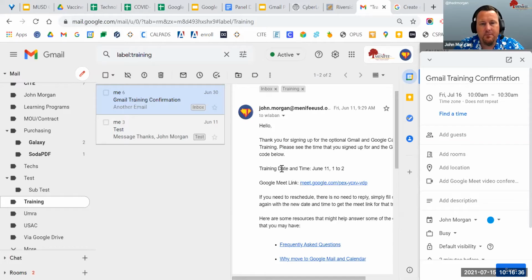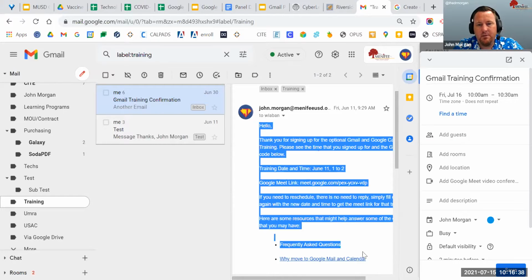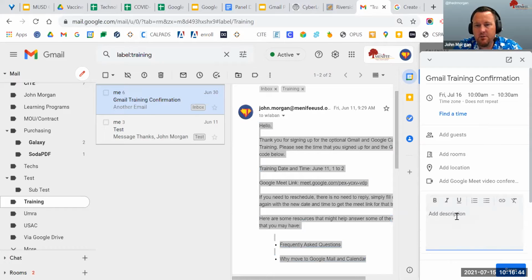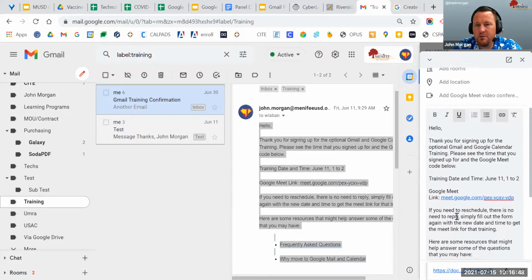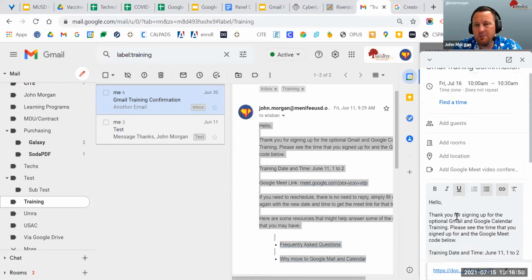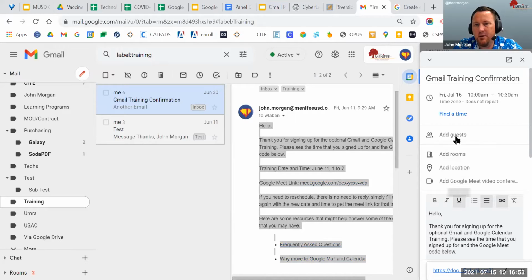Let me do that again, highlight. And I can copy that, and then I can come here to my description, and I could paste it right there. So now all I did, without ever leaving Gmail, I just used this little sidebar, and you could add guests,